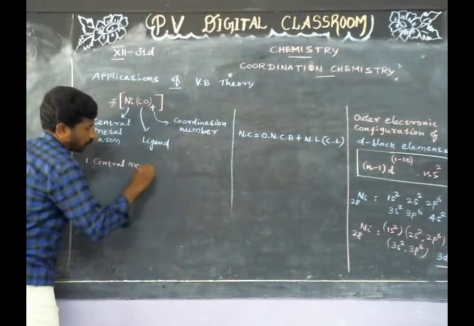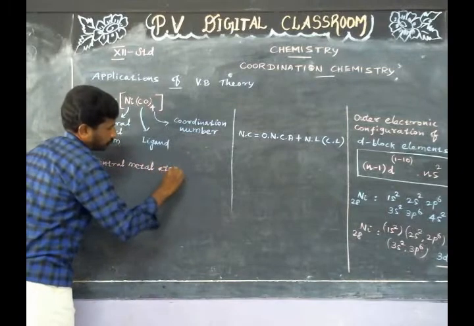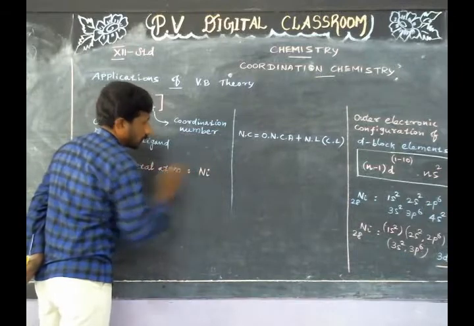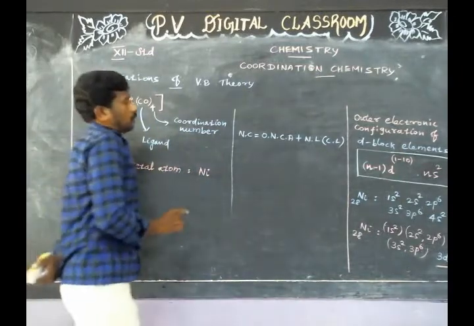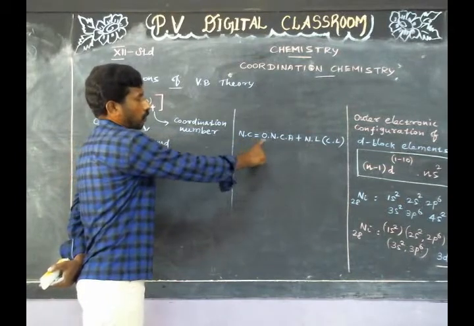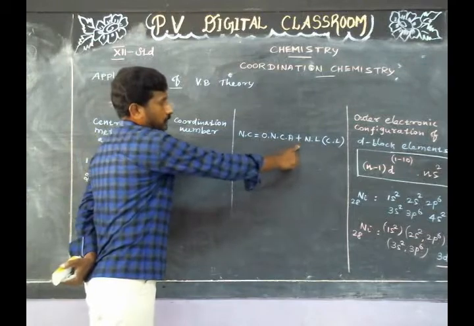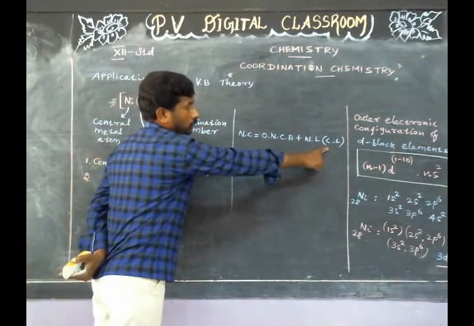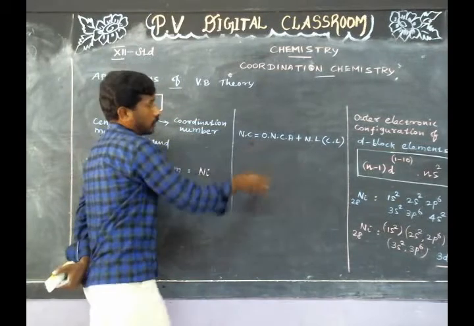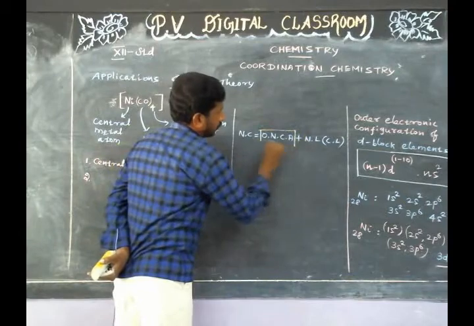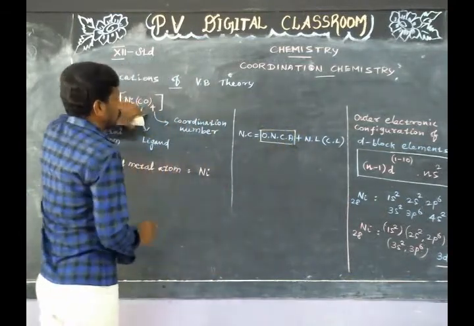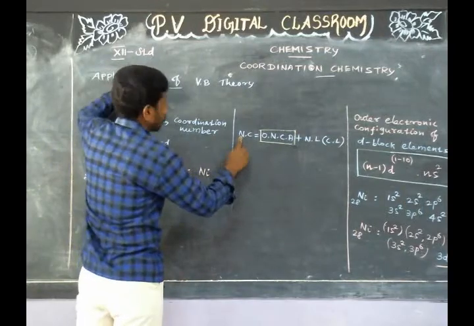The central metal atom is Ni, that is nickel. We know that the net charge on the complex is equal to the oxidation number of the central atom plus the number of ligands into the charge on the ligand. By using this formula, we can find out the oxidation number of the central atom in a given coordination compound. In this complex, the net charge is 0